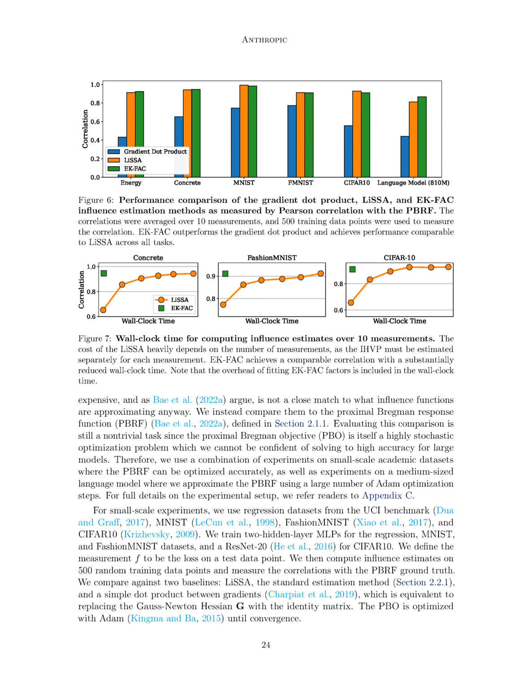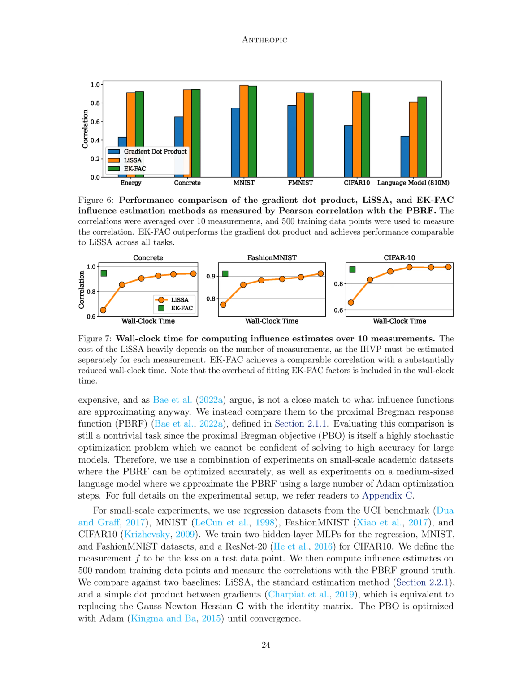However, assessing this comparison is not straightforward. This is because the optimization problem related to the Proximal Bregman objective, PBO, is inherently stochastic, and solving it with high accuracy for large models is challenging. To address this, we take a 2-pronged approach. We conduct experiments on smaller academic datasets where the PRBF can be accurately optimized. Additionally, for a medium-sized language model, we employ a large number of optimization steps using the Adam optimizer to approximate the PRBF. For the exact details of our experimental setup, we direct readers to the appropriate source.